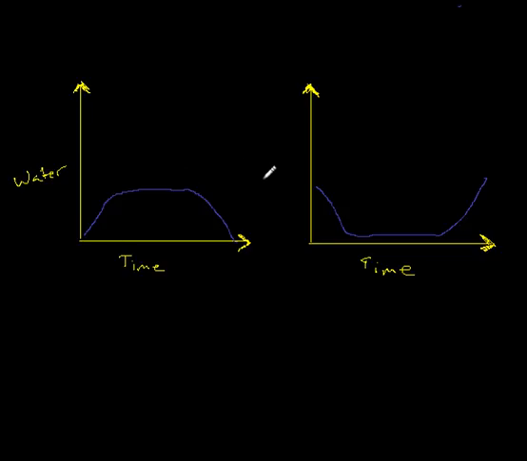Using the water scenario again, let's think of it a second way. Let's say I do have a sink and it's filled up right here. The water level's high, but I pull the drain and unplug it, and the water begins to sink down. However, there's a certain amount of water that I do want. I don't want it completely empty, and you can see right here, the water hasn't reached the base level, but it does plateau, so I must have replugged it back up. And for a certain amount of time,